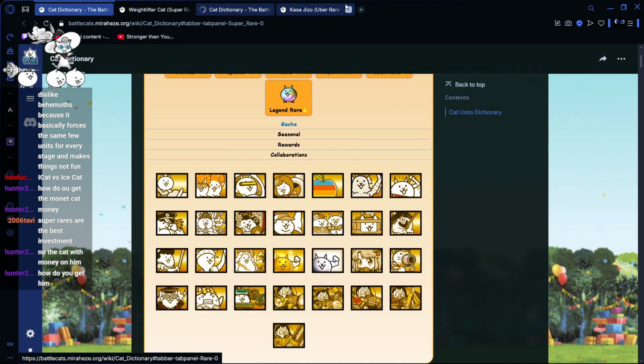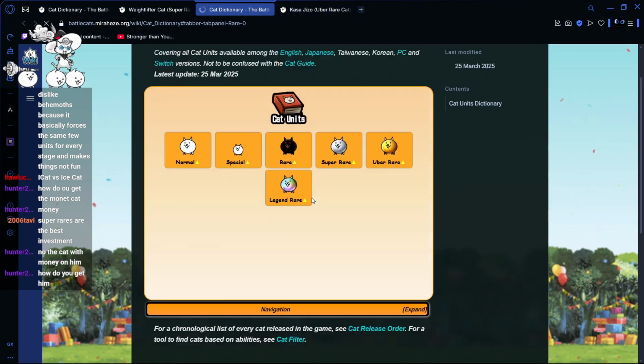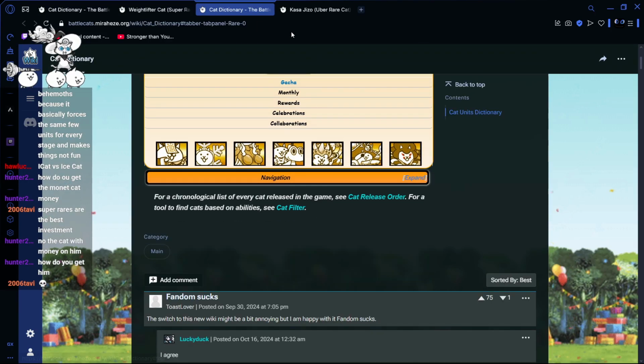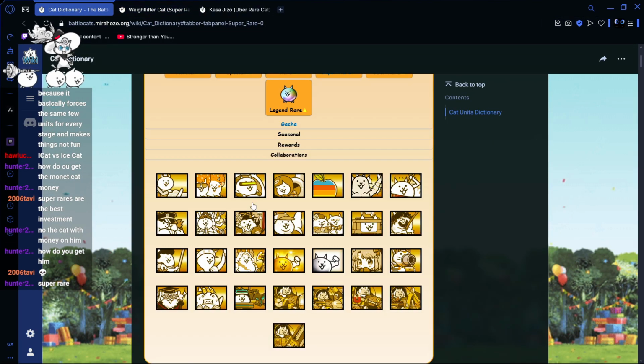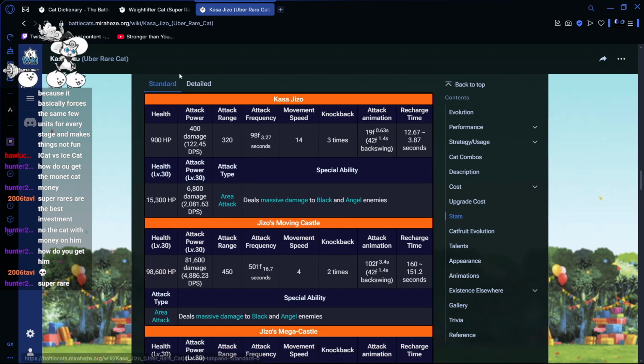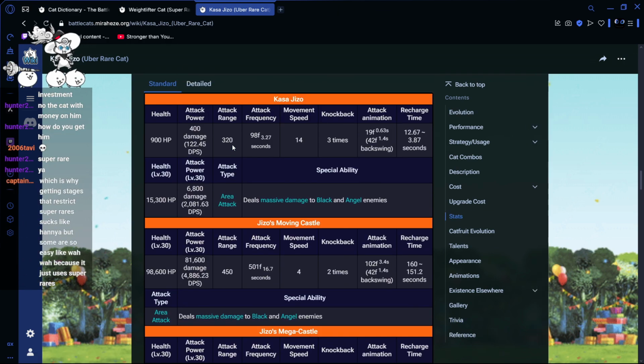Are we talking about in here or in here? Jesus Christ. Super rare? What are we talking about? This guy? He's a limited unit, just like Gold Cat. There's a lot of limited super rares. But anyway,